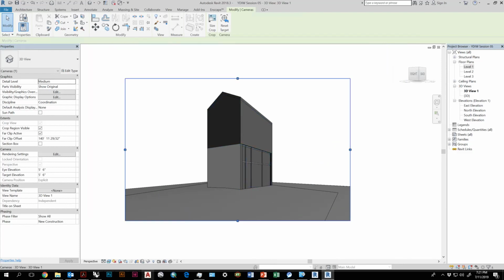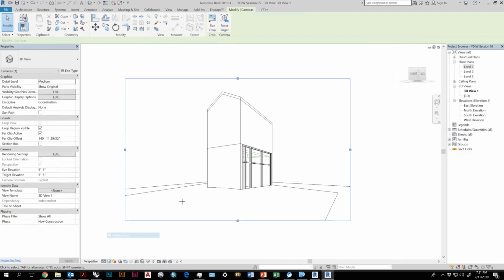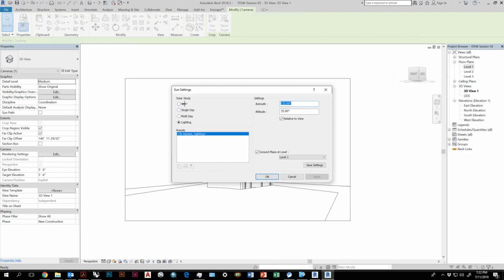But let's say you wanted to export this to a drawing, right? If you wanted to do a drawing, there's some things that I've learned that are pretty cool that I want to share. So I'm actually going to turn on the sun. We'll have it be still. We'll have it be today, but today at,